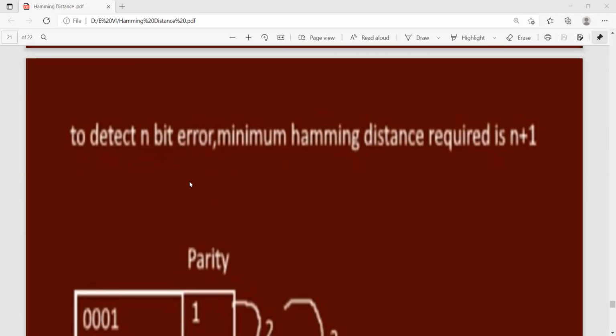If you are performing the exclusive OR operation, the number of ones in the result indicates that many errors are there. The number of errors indicates the Hamming distance. So if there are no ones after the exclusive OR operation, then there are no errors in the data. The result is 0 means Hamming distance is 0. That means no errors were received in the received data.